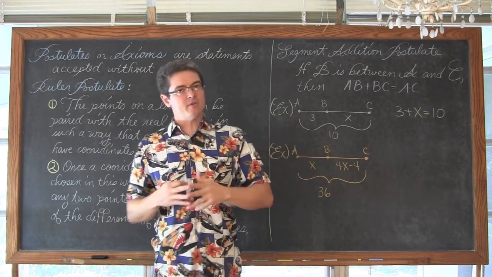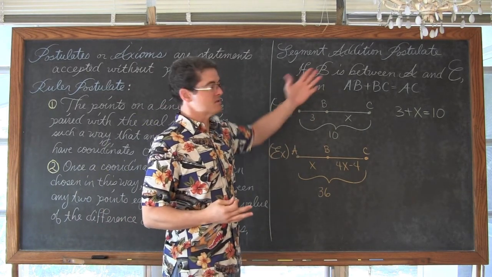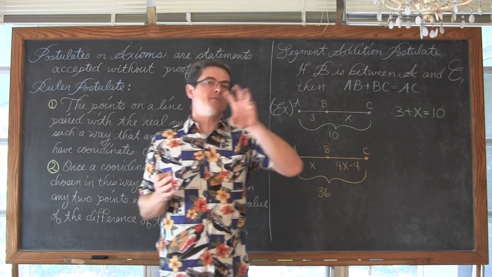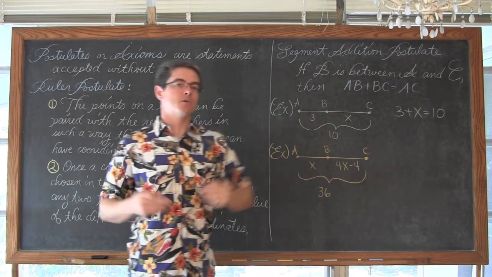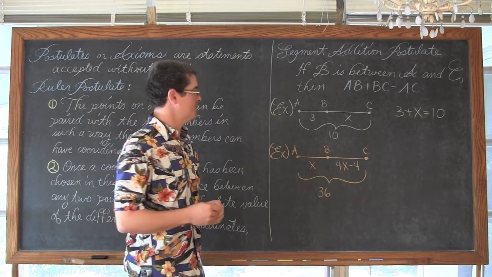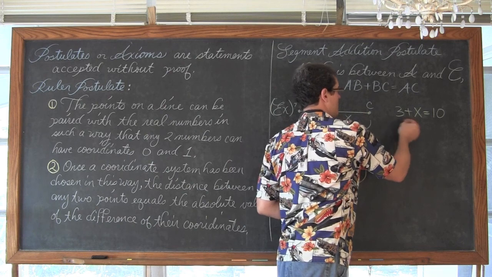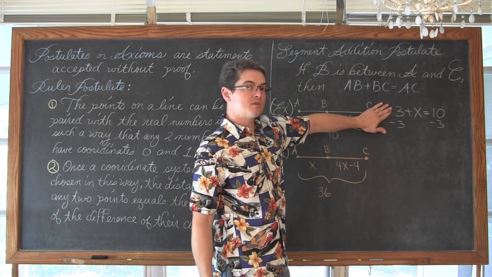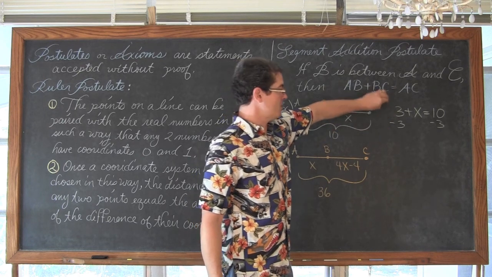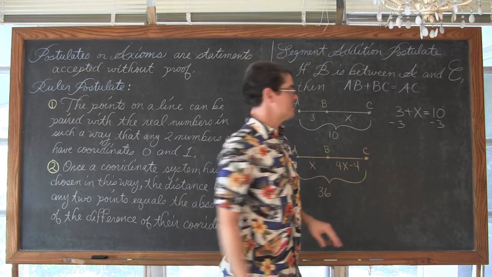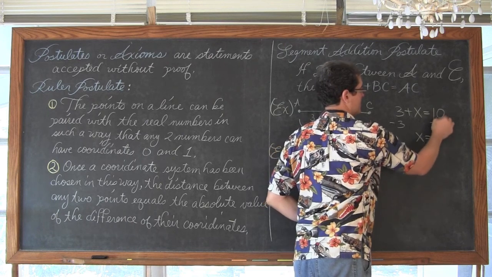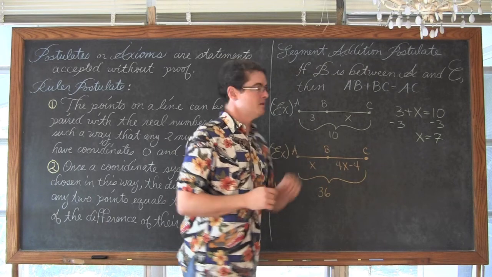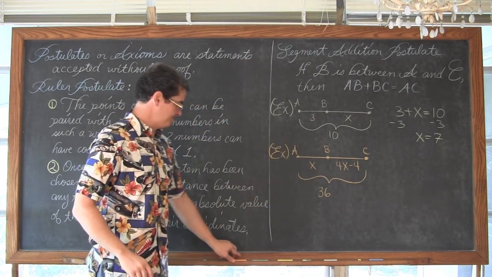And this doesn't have to be just two parts, by the way, as the definition shows. I can have maybe 3 segments and add those 3 algebraic segments up to equal the whole, but it is defined initially with 2. Subtract both sides by 3. We're doing that because I want to undo this addition of 3 on the left-hand side and move it over to the right. With the 10, we get x is equal to 10 minus 3, which is equal to 7. Then we can just check that. 3 plus 7, yes indeed, does equal 10.